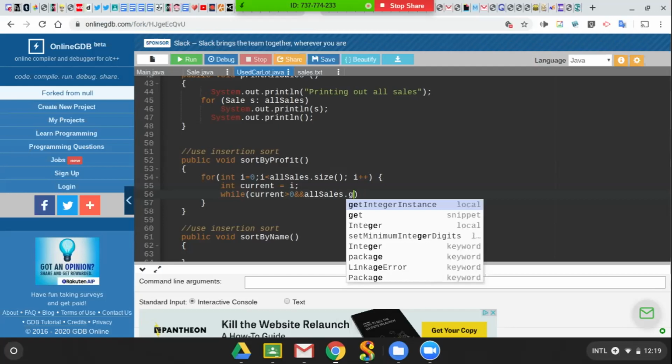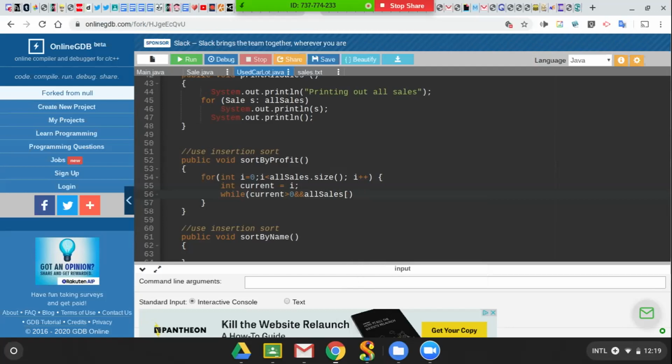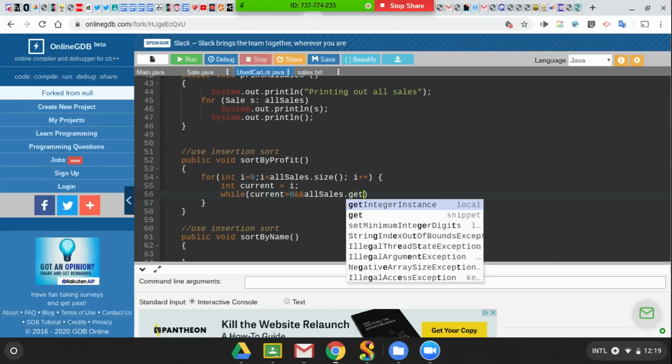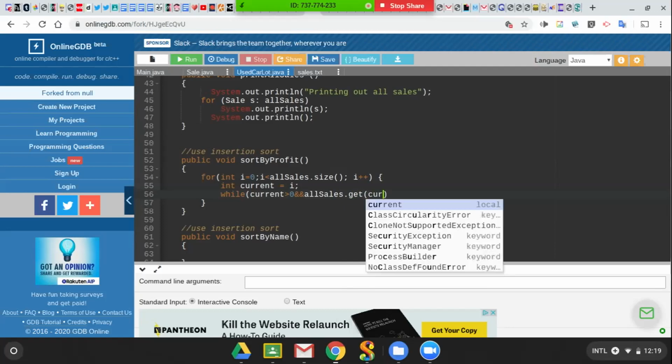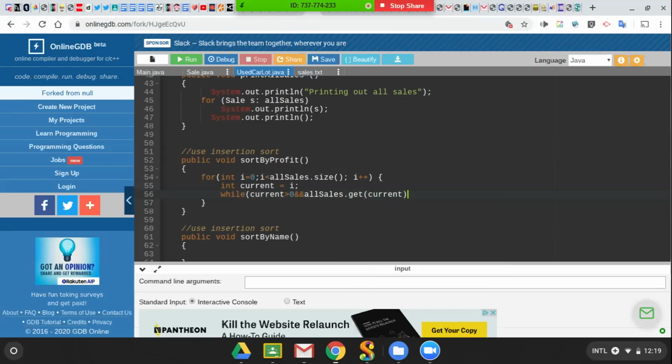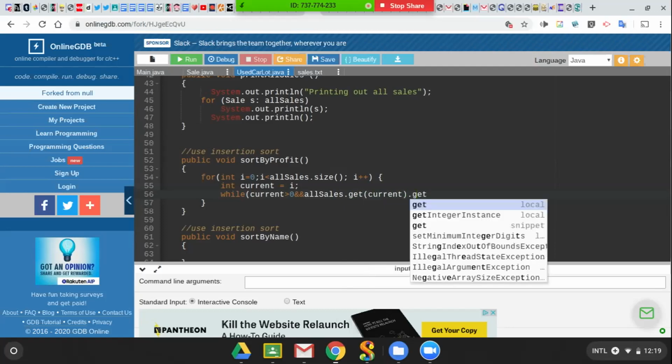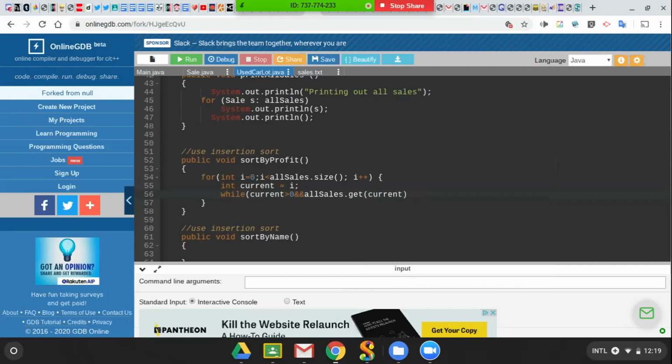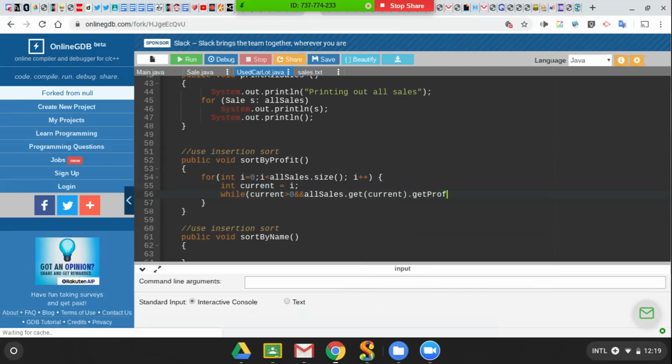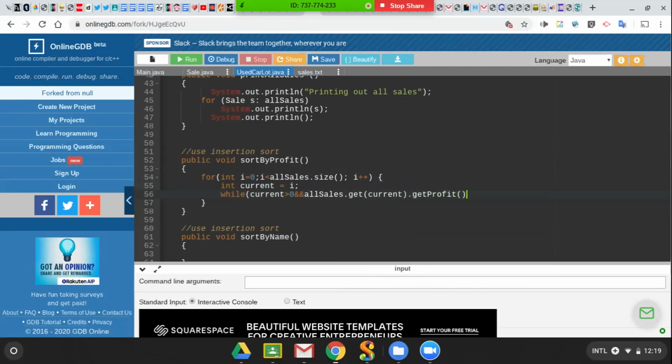So all sales dot get I. Sorry, get current. No, it's not an array. It's an array list, so I do dot get current. Same idea. And then she does get profit. So if the profit of our current one is less than the one that came before it,